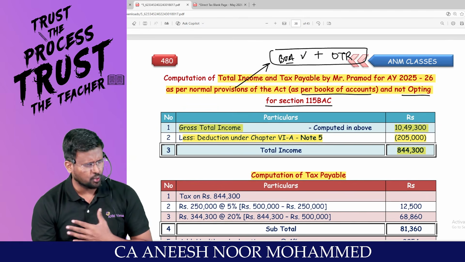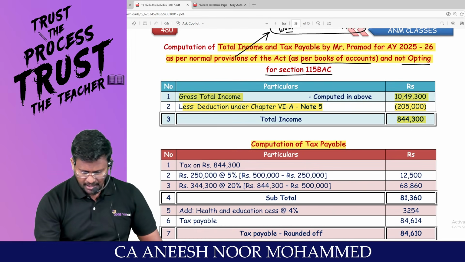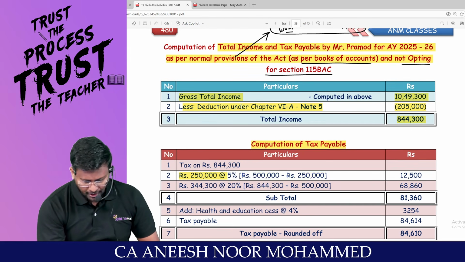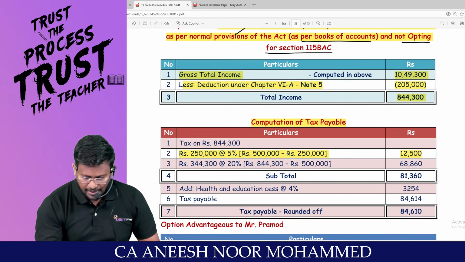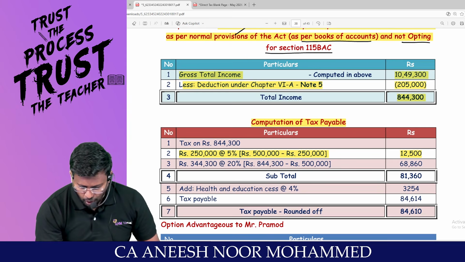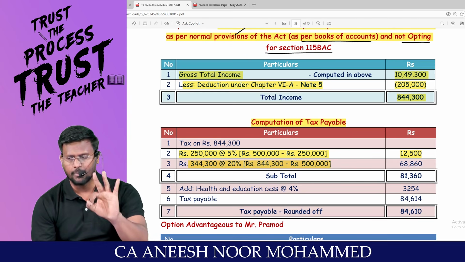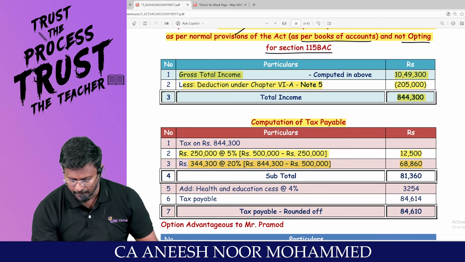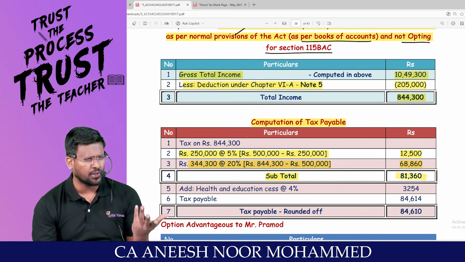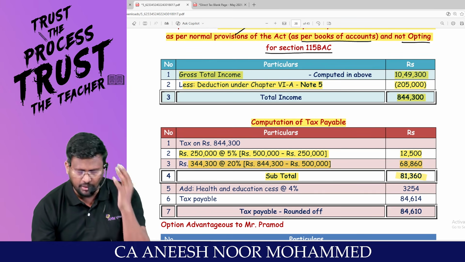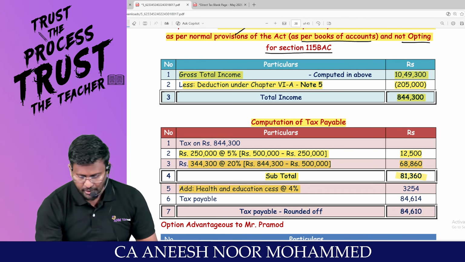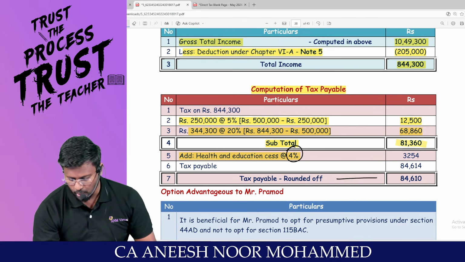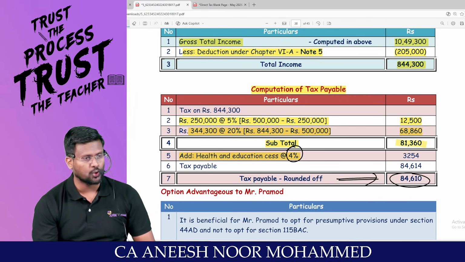On that, I'm going to calculate the tax payable. Now I'm going to travel through which tax regime? Sir, up to 2.5 lakhs nil, 2.5 lakhs to 5 lakh at 5%, 12,500. Am I right? Remaining 3,44,300 is there, which will be taxable at 20%. Subtotal, since the total income does not exceed 50 lakhs, there is no headache of surcharge. On that, just charge health and education cess at the rate of 4%. Total tax payable, you will get 84,610.